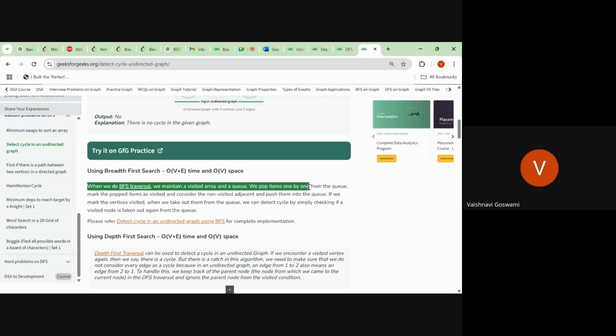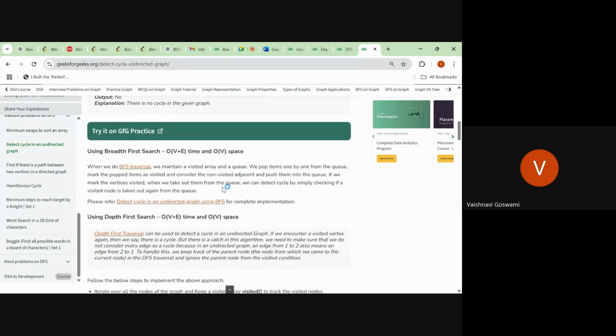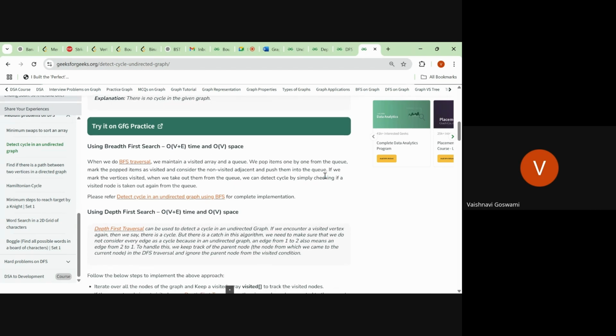We pop items one by one from the queue. In BFS you are maintaining a queue as well as a visited array, as normally in a BFS traversal. What we do after that is pop the items one by one from the queue, mark the popped item as visited, and consider the non-visited adjacent nodes and push them into the queue. These are all things we were doing before.